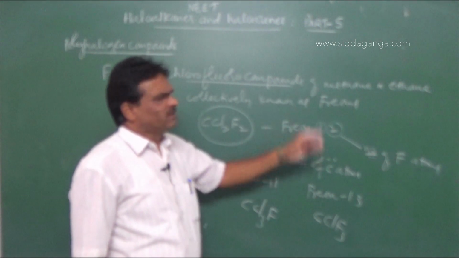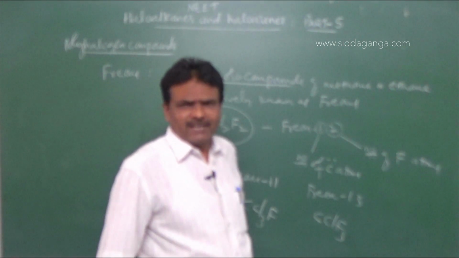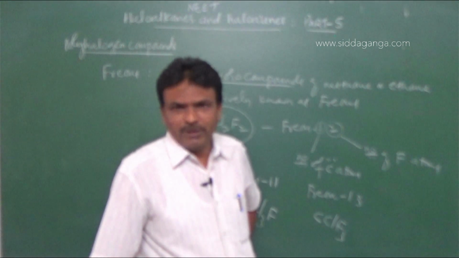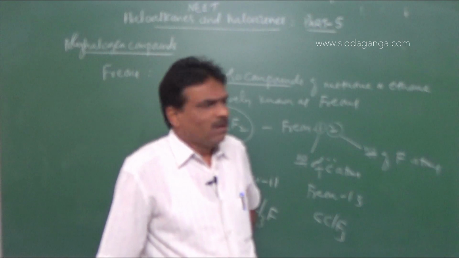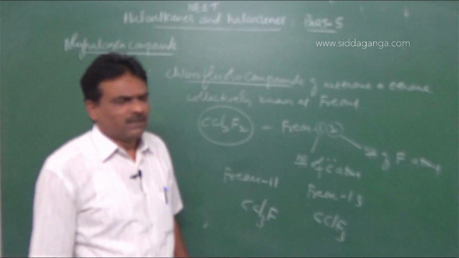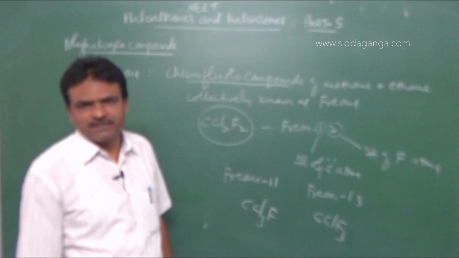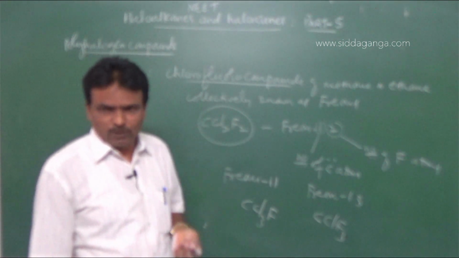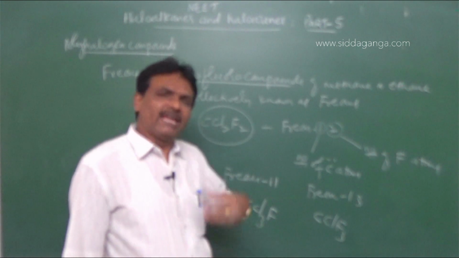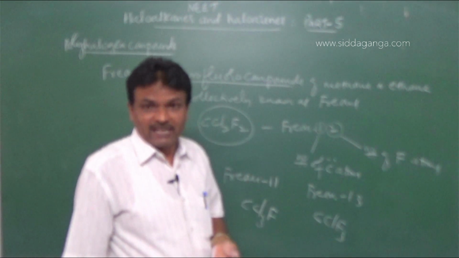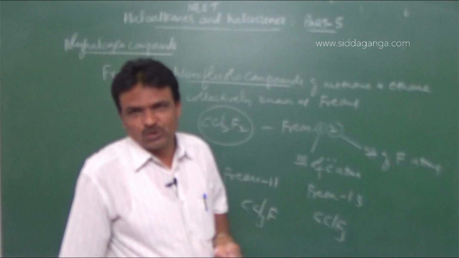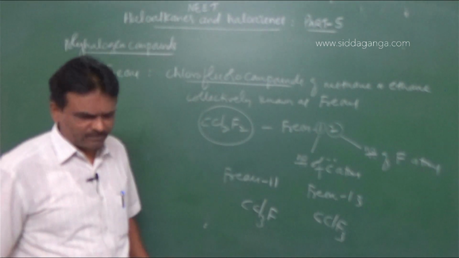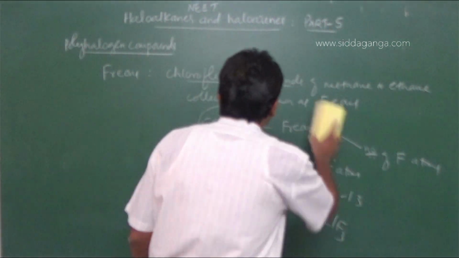Clear? So that depletes the ozone layer by forming free radicals. By the action of UV rays on freons, they generate chlorine free radicals, or they generate the oxide of fluorine free radicals. Again, those free radicals decompose ozone. It depletes the ozone layer. Clear? Then another one is DDT.